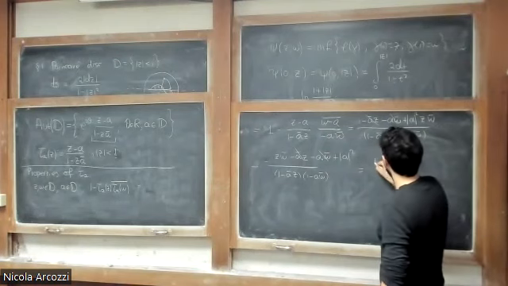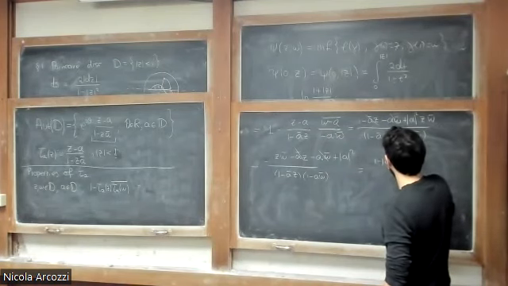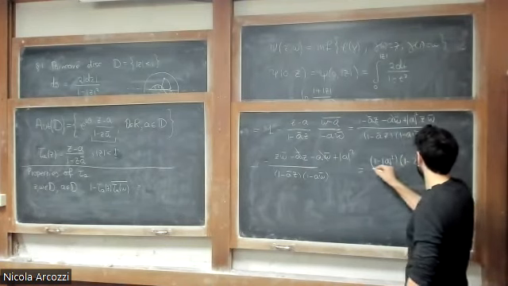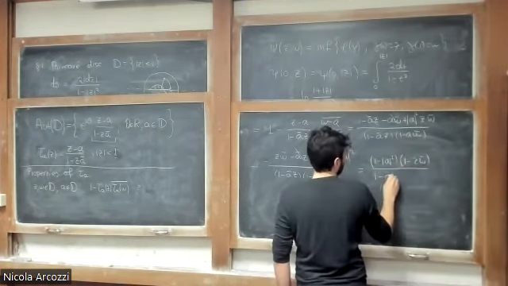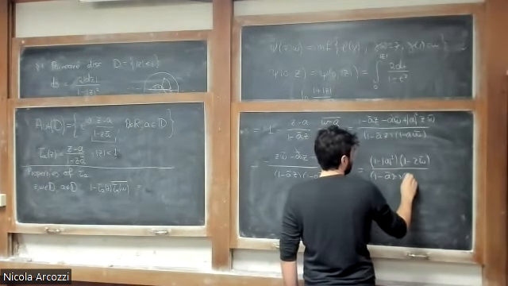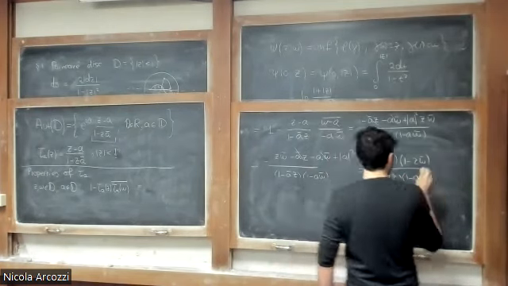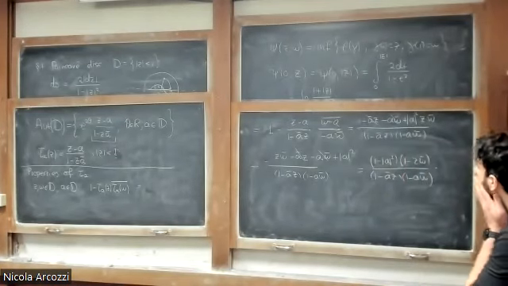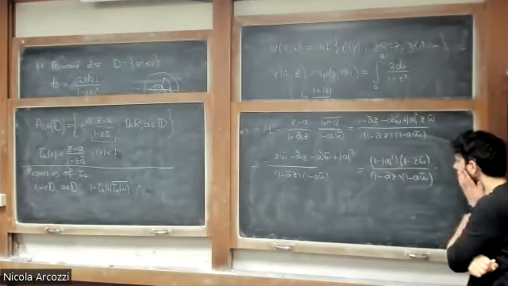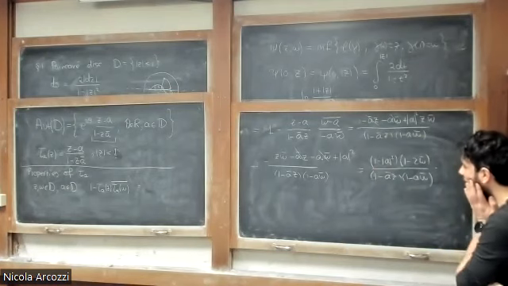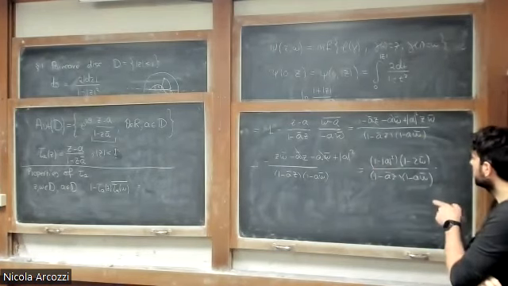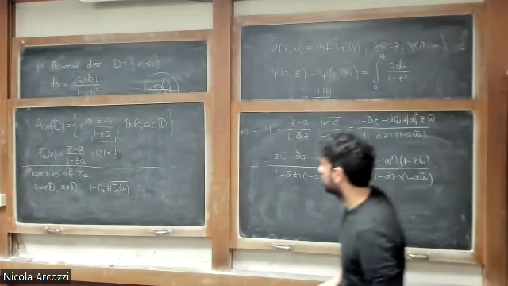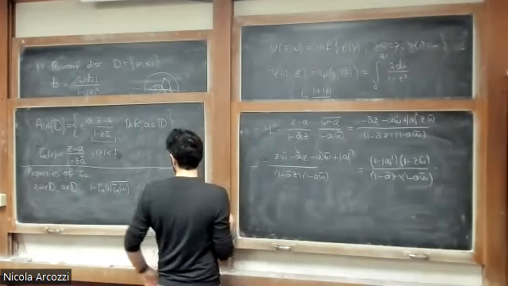So in the end, you get 1 minus |A|² and W divided by this one. And you get this very nicely factorized relationship. So the point is that immediately this tells us the following, that if we take